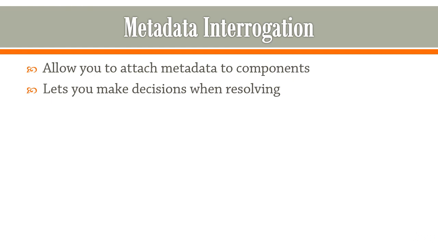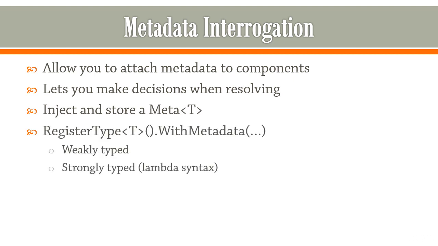So instead of injecting the type T, you inject a Meta of T. So you would write something like the following. You would register type T, as we've seen countless times already, but then you would specify WithMetadata. And here you can specify the metadata. It's actually possible to have the metadata both weakly typed, which means that it's just going to be a dictionary of some kind, or strongly typed, where you can explicitly specify an object that you've created specifically for passing in the metadata. There is a bit of a weird lambda syntax for actually assigning the properties and whatnot, but it is possible,